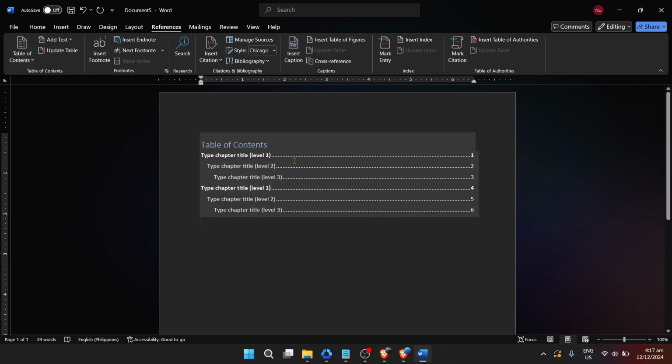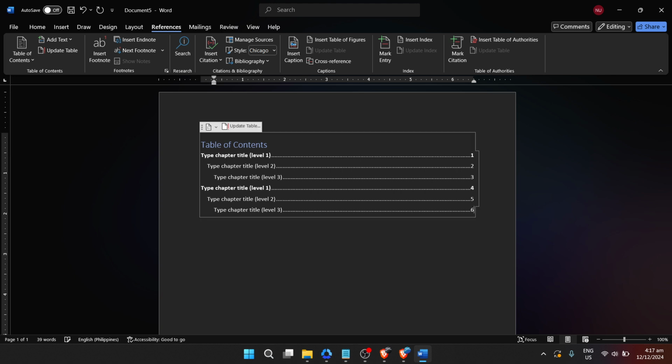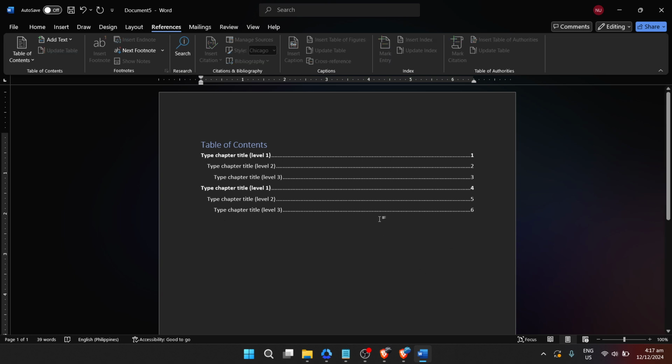Choosing a style automatically generates a table of contents based on the headings in your document. If you haven't already used heading styles throughout your document, don't worry. You can go back and apply these styles to section titles, and Word will smartly update the table to reflect your adjustments. This dynamic interaction between you and Word ensures that no matter how many changes you make, your document